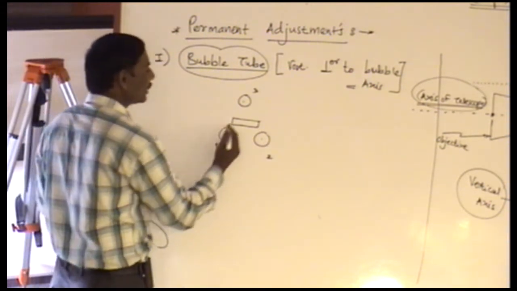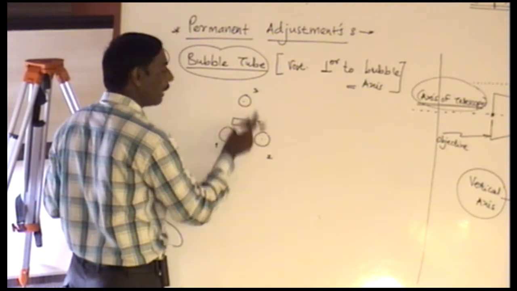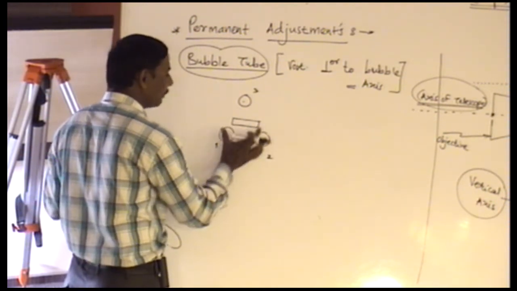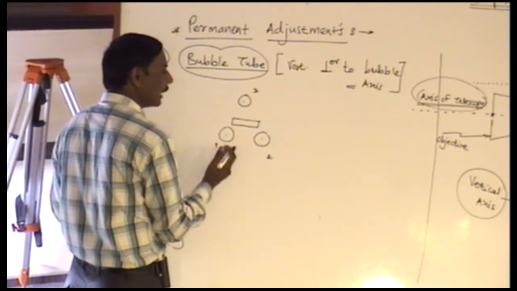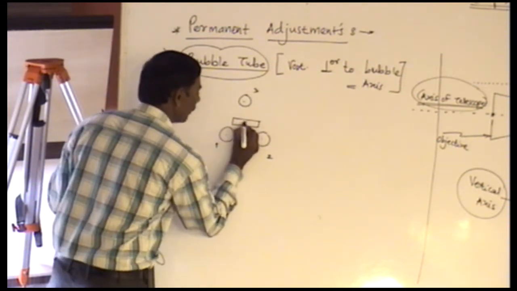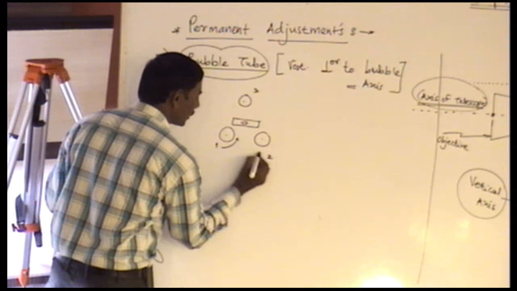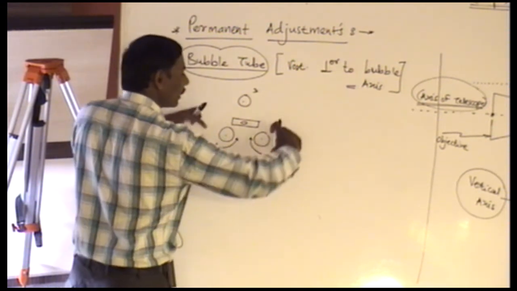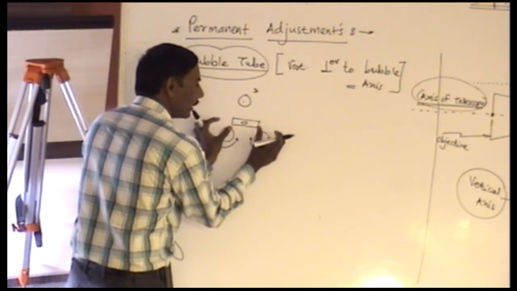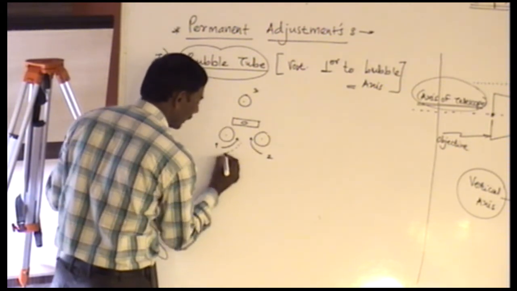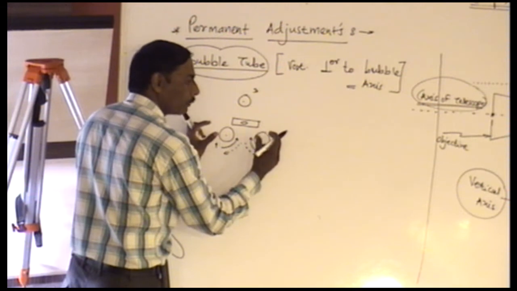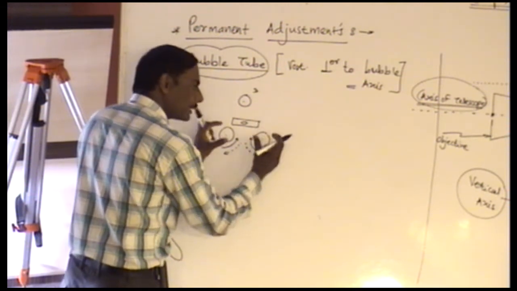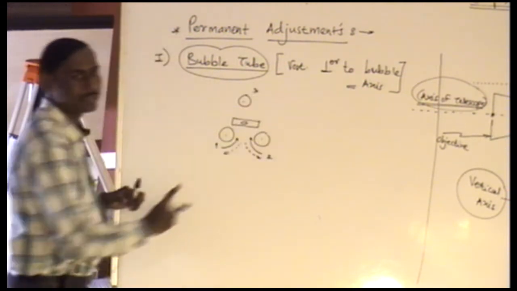Let us put the telescope so that the bubble tube is parallel to one of the pairs, either 1, 2, 1, 3 or 2, 3. Say I have selected 1, 2. Then I will bring the bubble to the center using these two screws, which will be rotated at the same time inward or at the same time outward. But one restriction is there. When rotating inward, both will be by the same amount. When rotating outward, both should again be by the same amount.